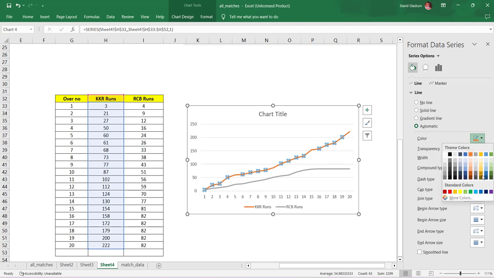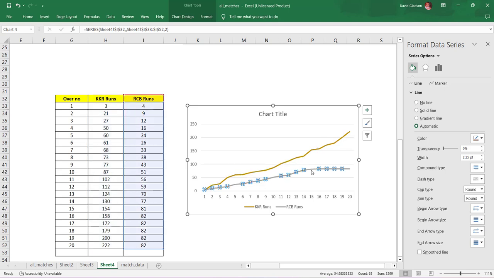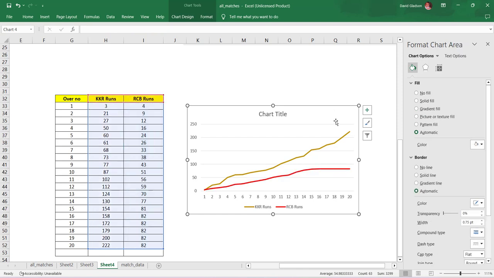Let us change the line to golden yellow, and even this line to red, just to make it look more like an RCB. Wonderful, right? So we are almost done. So this is KKR versus RCB. So this is called a worm chart,